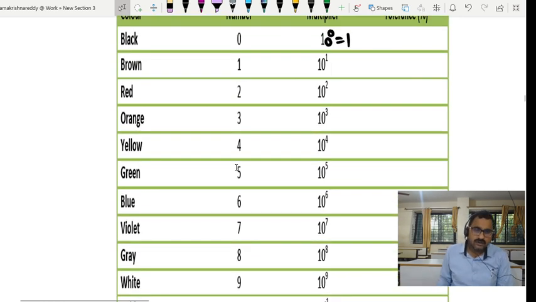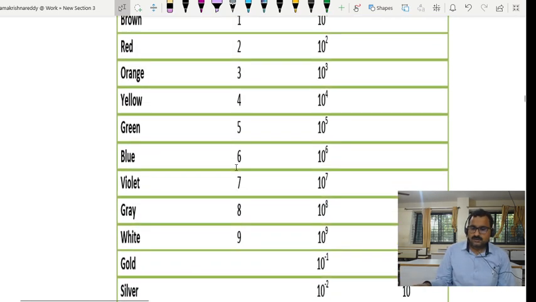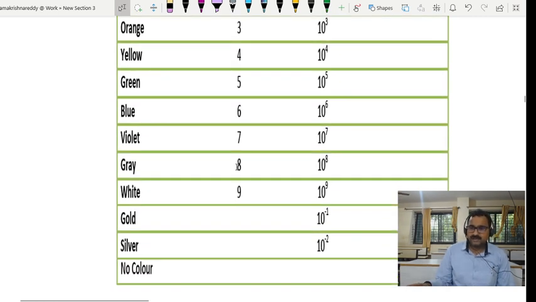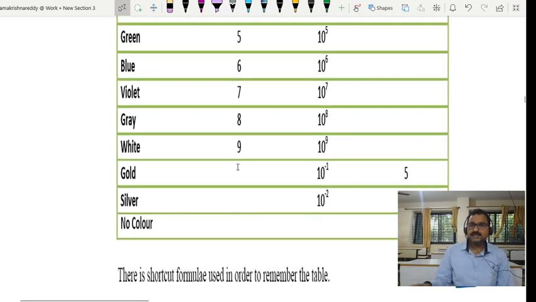That's the two. BB Roy of Great Britain wearing gold silver necklace. Otherwise, black brown rods of your gate become very good when given gold silver color. These are 10 power 5, 10 power 6, 10 power 7, 10 power 8, 10 power 9. The order you have to remember. And then gold and silver, and after that 5, 10, 20. So no color means 20% tolerance. Gold means 5%, silver means 10%.